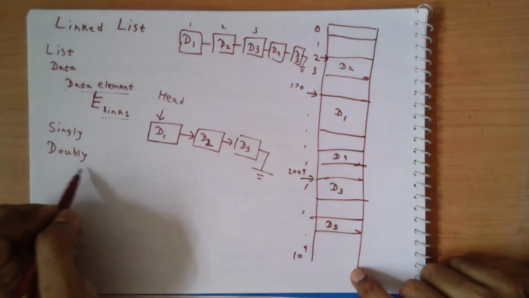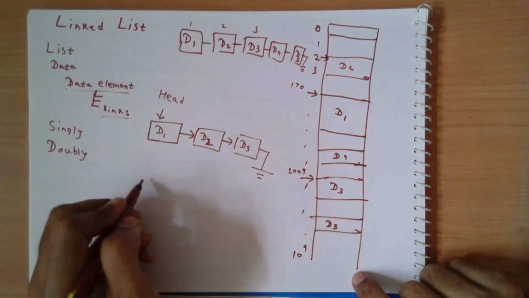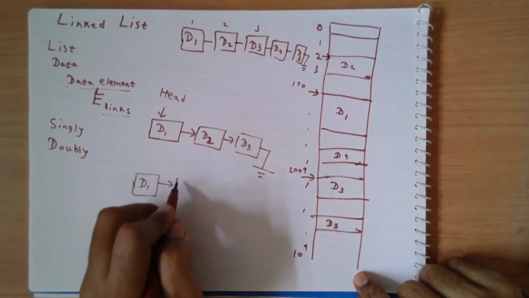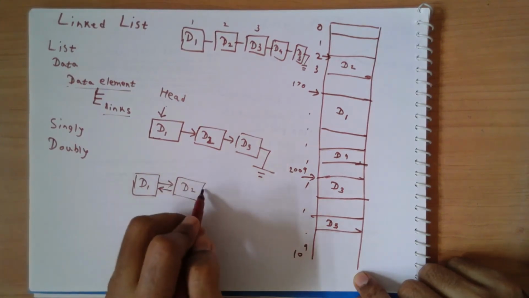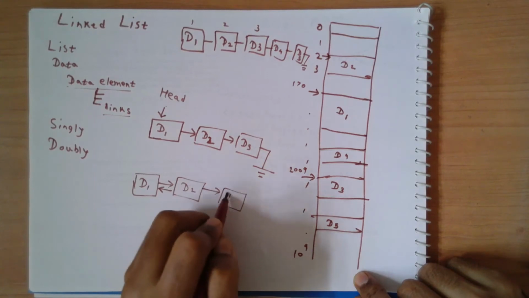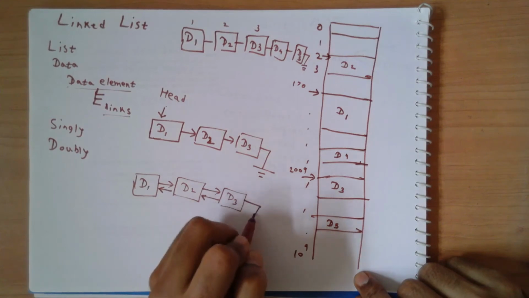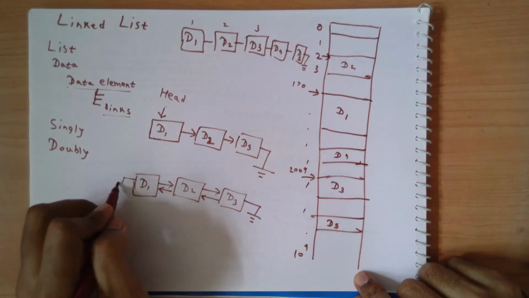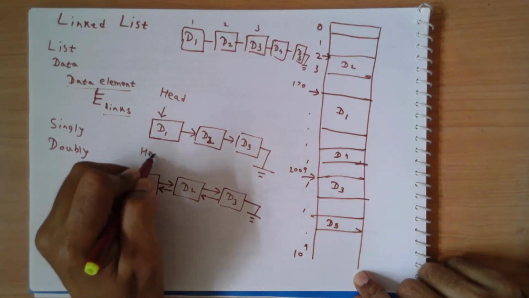And I might have a doubly linked list where I keep track of the previous as well as the next element of the list. So I have, say, D1, and then there is next, which is D2, but for D2 there is also a previous element, which is D1, and for D2 there is a next element, which is D3, and for D3 there is a previous element, which is D2. For D3 there is no next element, so it is null, and for D1 there is no previous element. Okay, so it is null from the beginning. There is no previous element here, there is no next element here, and I can indicate that, say, this is my head, this is my beginning.